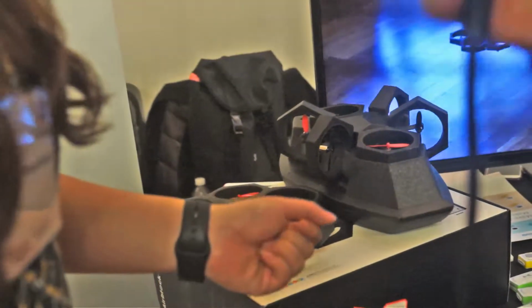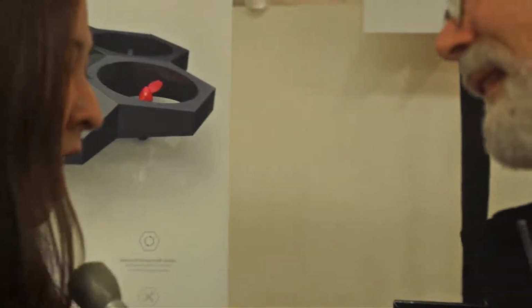Very interesting. How did this come about? What's the story behind it? I think the story's always been we wanted to push for innovations, especially in the STEM education field. We want to make learning fun and also very engaging. So programming and coding shouldn't be hard for people who want to learn, right? We're trying to lower the entry barrier for those who are willing to learn more about coding or programming